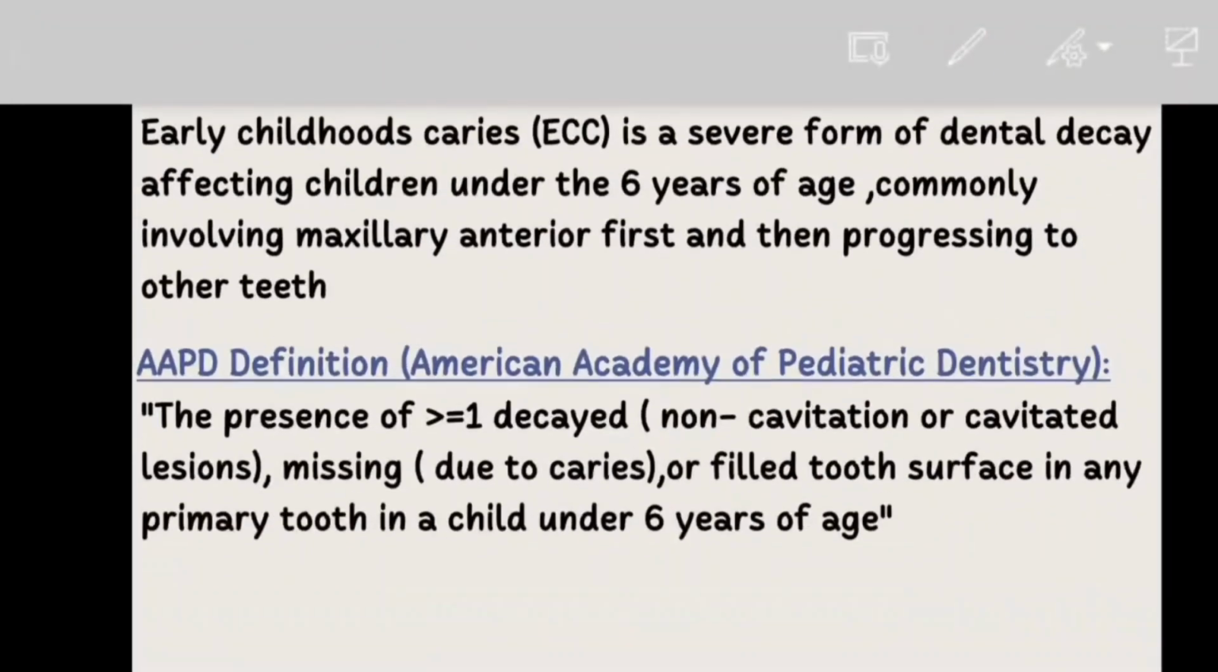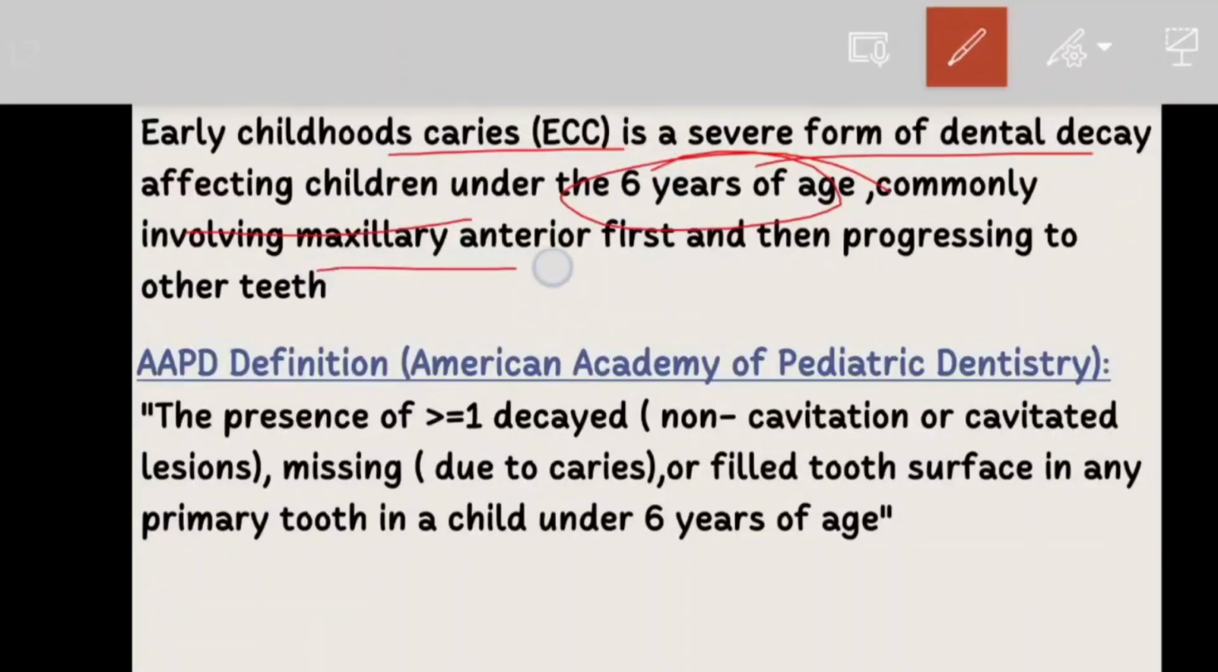So what is early childhood caries? Early childhood caries, or ECC, is a severe form of dental decay which affects children under 6 years of age, commonly involving the maxillary anterior teeth first, then progressing to the other teeth. The easy exam point is: early childhood caries means caries in children under 6 years